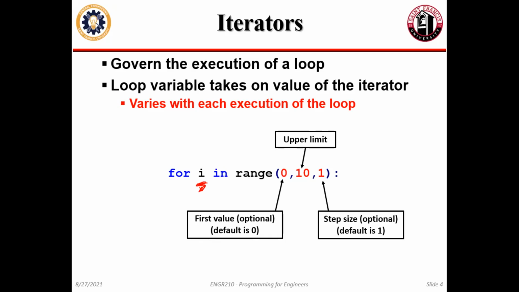One thing that's kind of neat about Python is this range guy is one example of what's called an iterator. Essentially, every time that you go through the loop, that iterator is what tells the loop variable what its value is each time that you go through. Python's kind of cool or annoying, depending on if you're a computer science person or not, because that iterator can be almost anything.